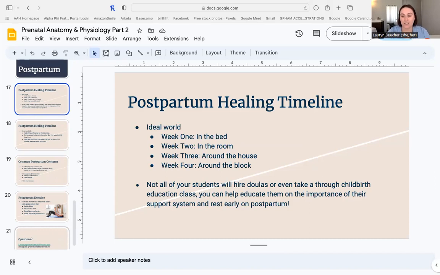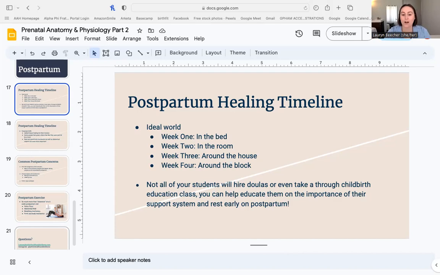In other countries and other cultures, people are taken care of in a different way postpartum. So that ideal world, those first 4 weeks, it looks a lot quieter and it has a lot less activity than many people in the US have. What they do, whether that's by necessity, because of the setup of their life, or this kind of cultural expectation that we have, where people are just supposed to bounce back and jump right back in.